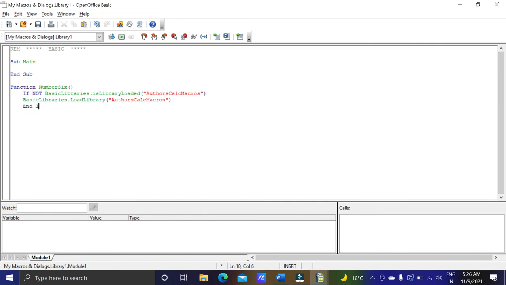End if. Number 6 equals number 6 underscore implementation, because I saved it, changed the name with implementation. Okay, end function.